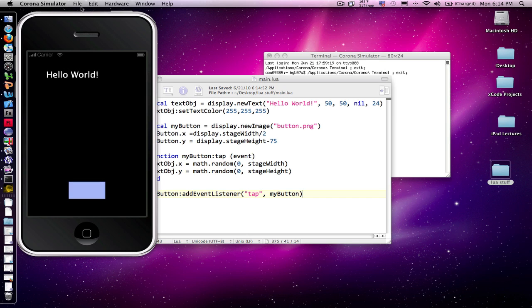So we'll go to our simulator. One of the cool things about the Corona simulator is that I don't have to go to open every single time I'm going to run this program. Instead, I can just relaunch it, and it will automatically relaunch the code so that everything will work, and I don't have to go through the whole open process. So now when I click on the button,